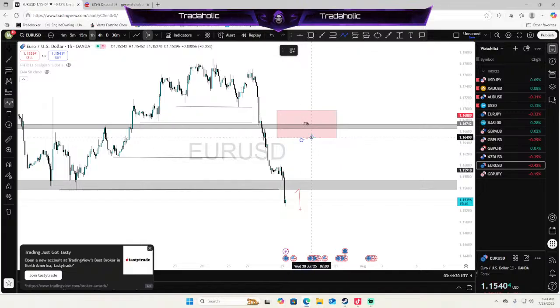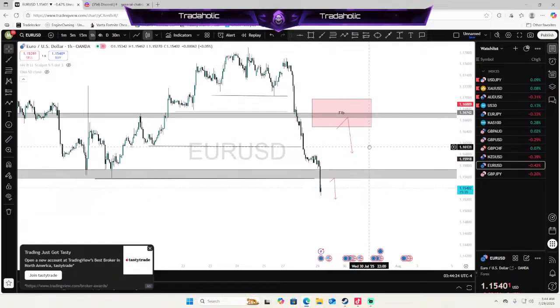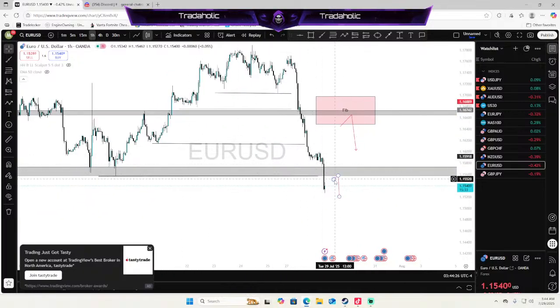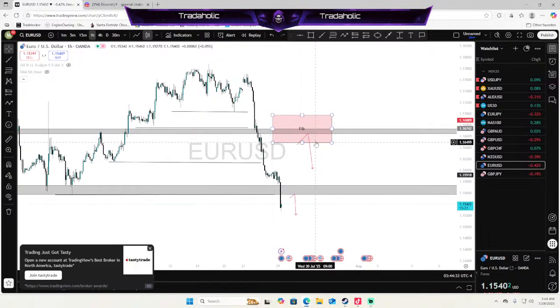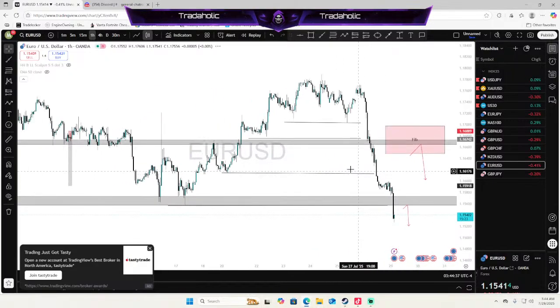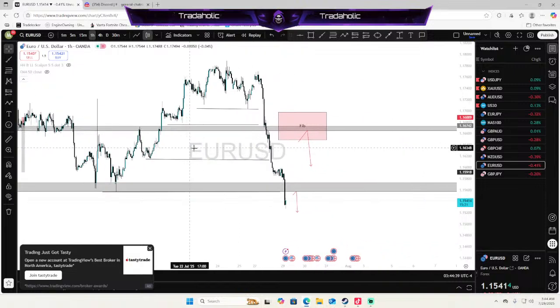So as far as EU, you could take some sells as price gives you a retest at this area. But if this retest fails, doesn't have structure, and gives you an overall retracement and not really a short-term retest, you can trade at this area after the retracement is finished and momentum starts to die out off of this level. Other than that, I wouldn't be open to taking anything else.